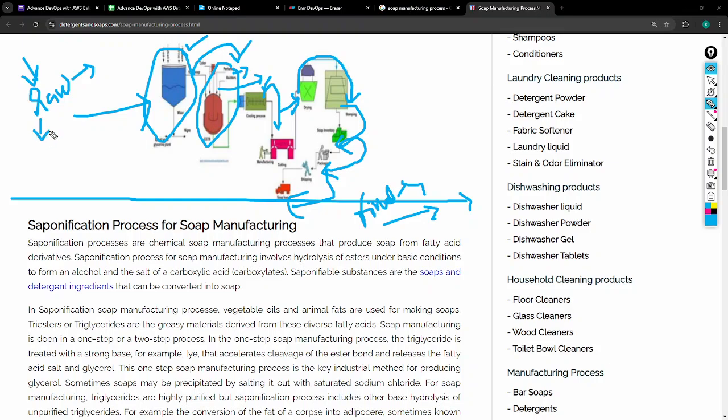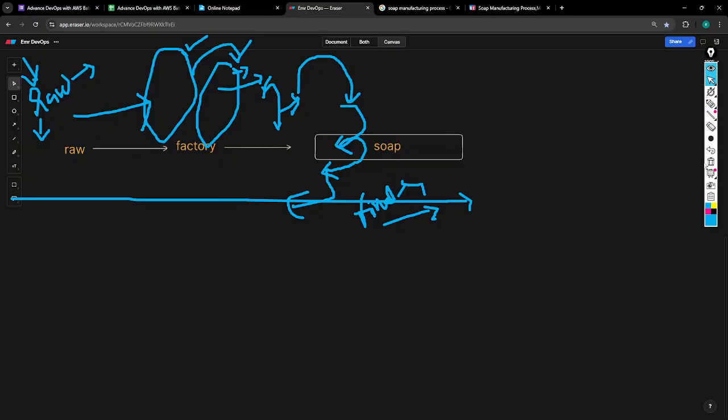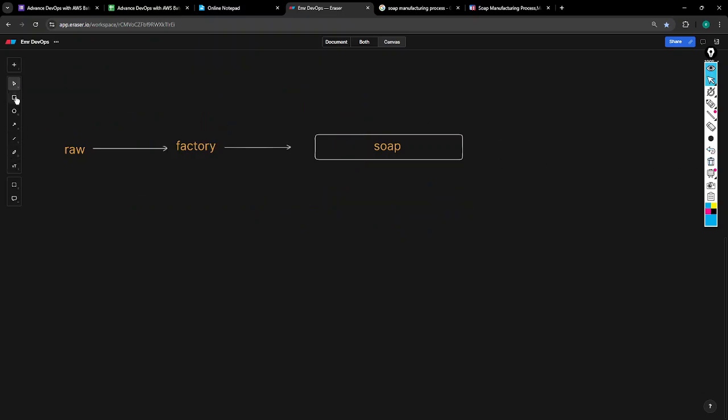In the raw material phase, you can take programming code as your idea. Now in the place of soap, you can assume an application. What application? A Netflix application. This application can be your educational institute application, or Zepto, Swiggy, Zomato food delivery application. This application can be anything. You have a good idea that you want to start a business, right? So this application is a product.